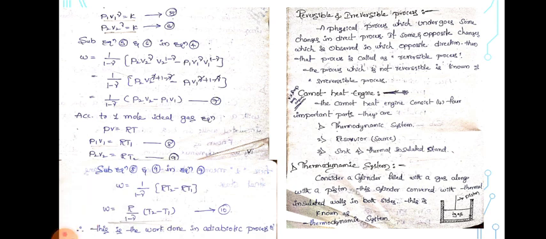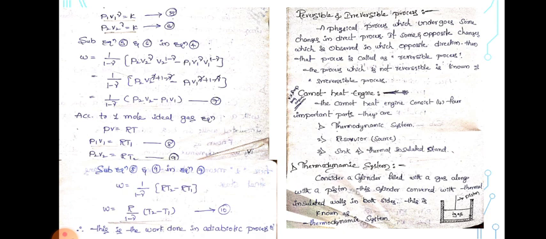First, the thermodynamic system. Consider a cylinder filled with a gas along with a piston. This cylinder is covered with thermal insulated walls on both sides. This is known as the thermodynamic system. Now the reservoir, you can see the diagram. The reservoir is a special operator, a hot body of infinitely large heat capacity maintained at a constant temperature. If we extract some heat energy from this reservoir, its temperature does not change.